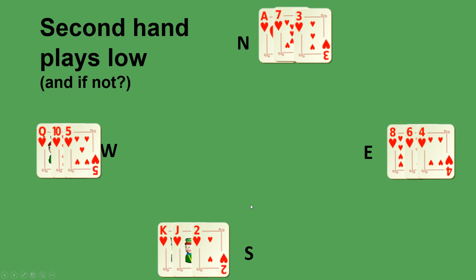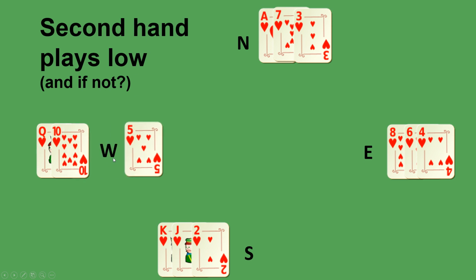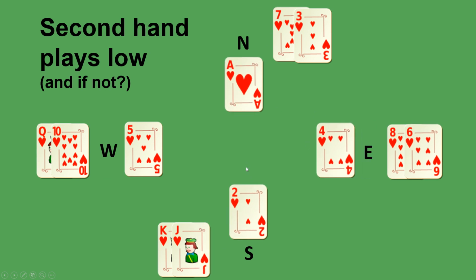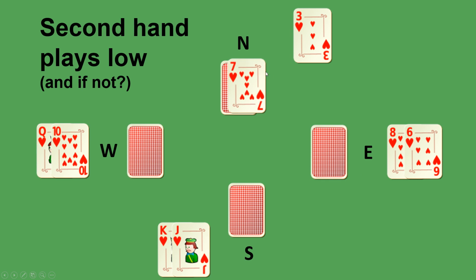Let's see what happens if North was too excited with his ace and he didn't follow the second hand plays low rule. So West again leads his 5. North decides he needs to take his ace now, so he does. And he wins his ace. He then continues with hearts,